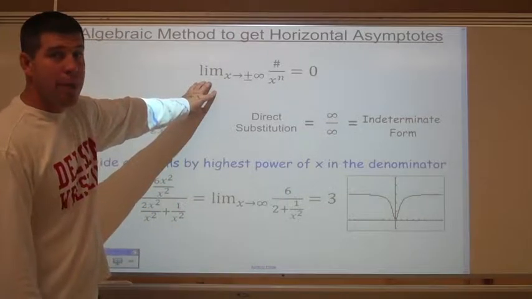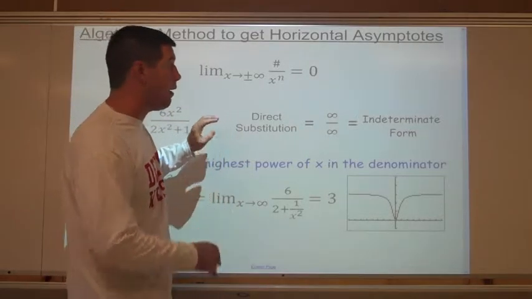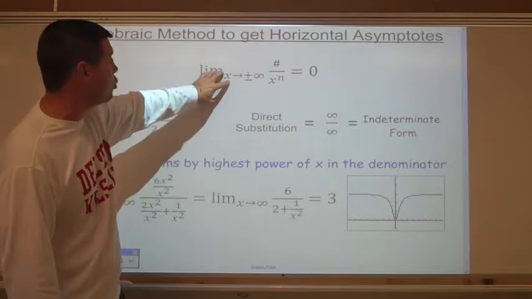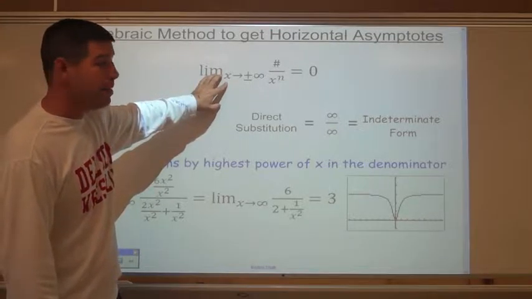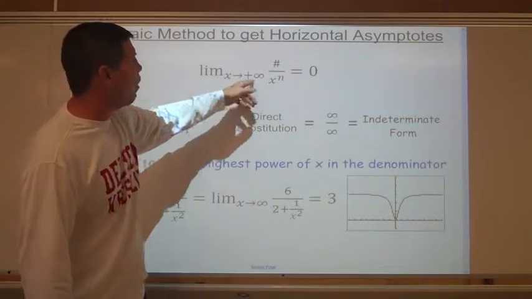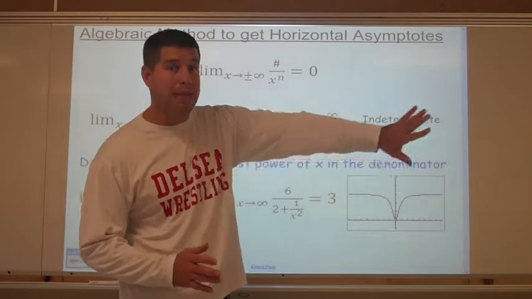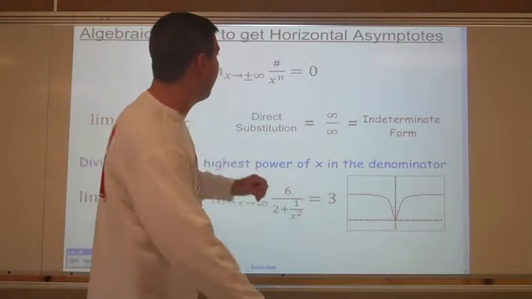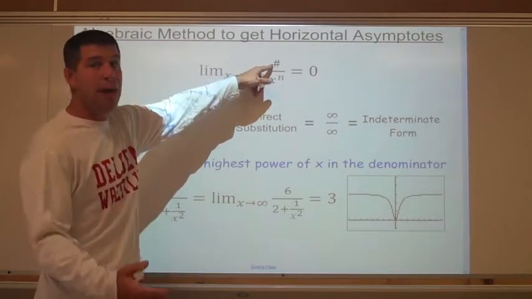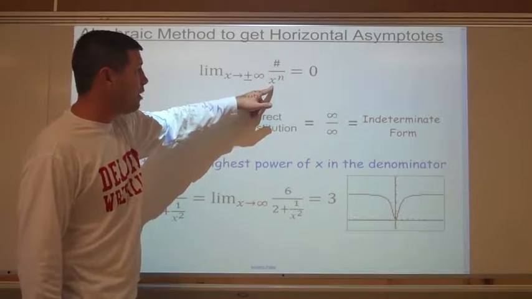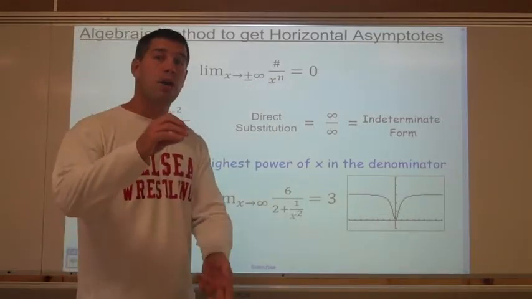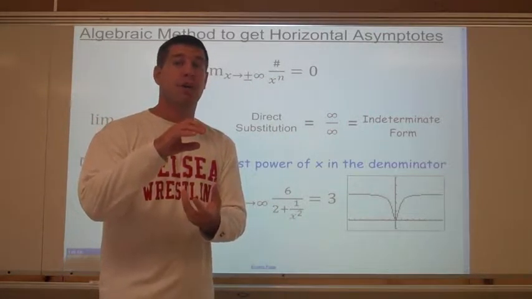Something that's important to remember, one limit we talked about back in probably your pre-calculus work. We touched on it a little bit in the limit section. But the limit as x approaches either positive infinity or negative infinity, where x gets really, really big or really, really small in the negative, of some number over an x term in the bottom, x to a power. It doesn't matter what the number is. If it's some number in the numerator over an x term in the bottom,